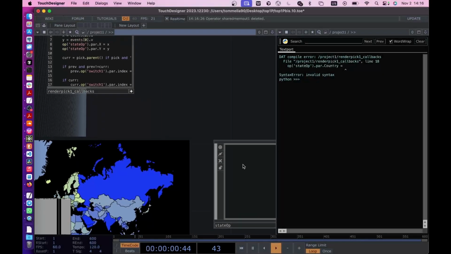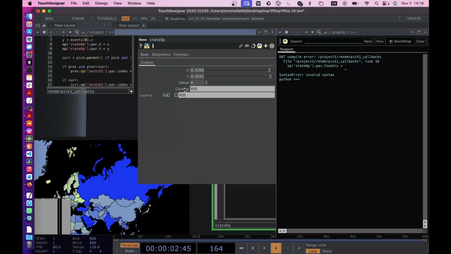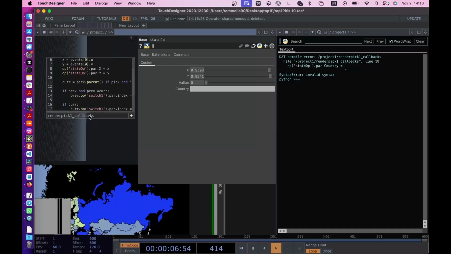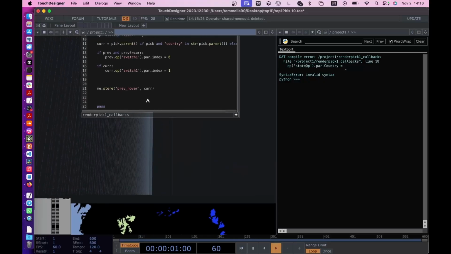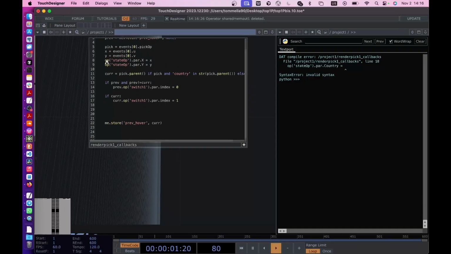Now in our state OP, we want to add the country here. Now you'll have it empty. So we can go inside our code, and that's pretty straightforward. So in if car, here we can add another line, and we grab the car first, car. Actually, no, we can do it in one single line. So we want this OP state OP